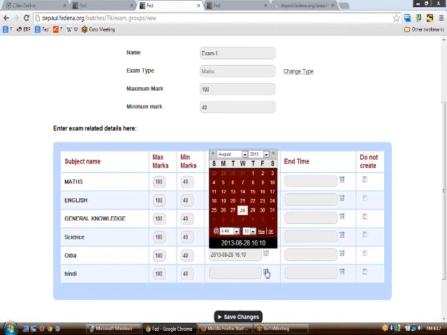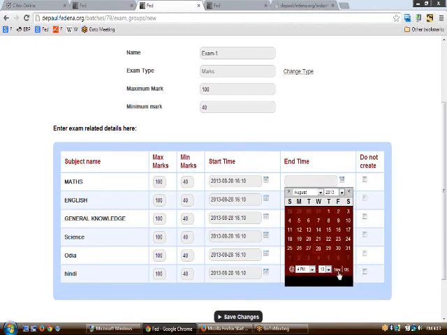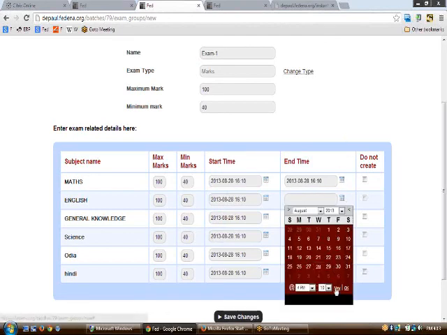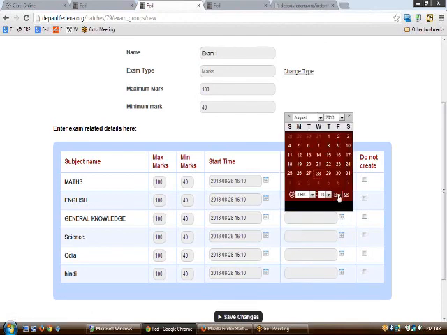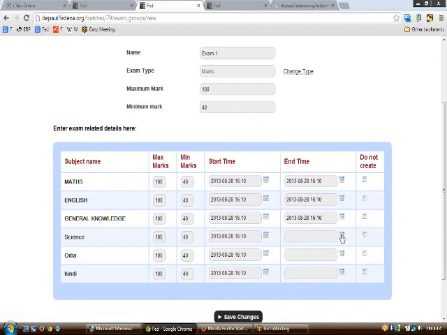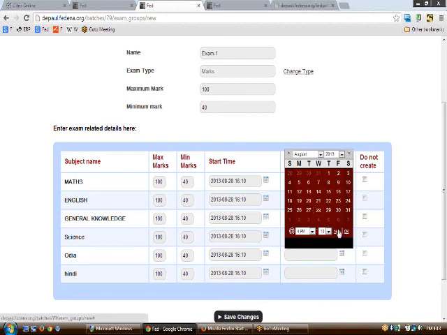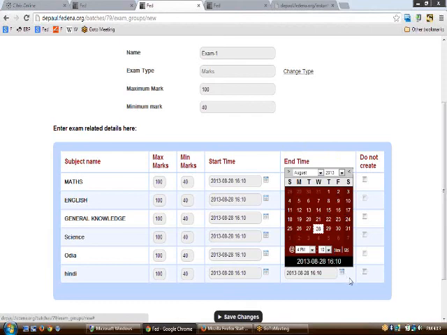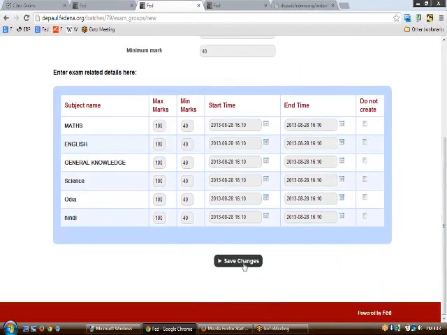Moreover, you have an option of creating no exams. Supposedly for a subject you do not want to create an exam, like PT and all, but those subjects are obviously needed while creating the timetable, like games period. So for those subjects, they would be showcased here, and you can always choose not to create an exam. Moreover, if you know beforehand that these subjects won't be asked to create exams, you can also do so by creating the subject itself. So having created all start time and end time, you can just click upon save changes.